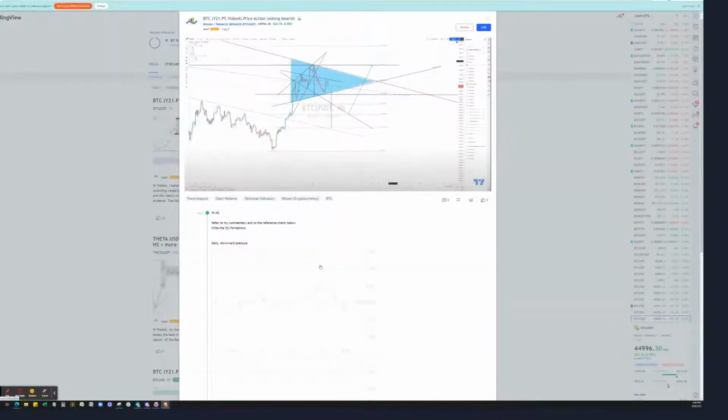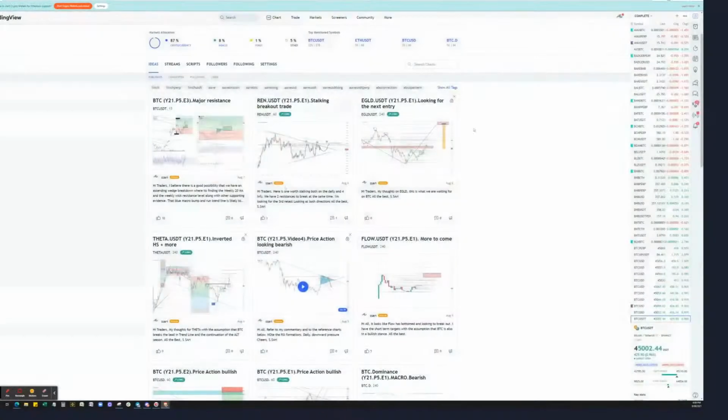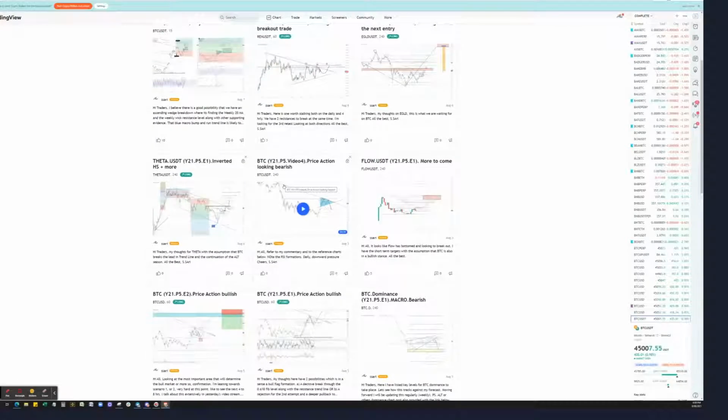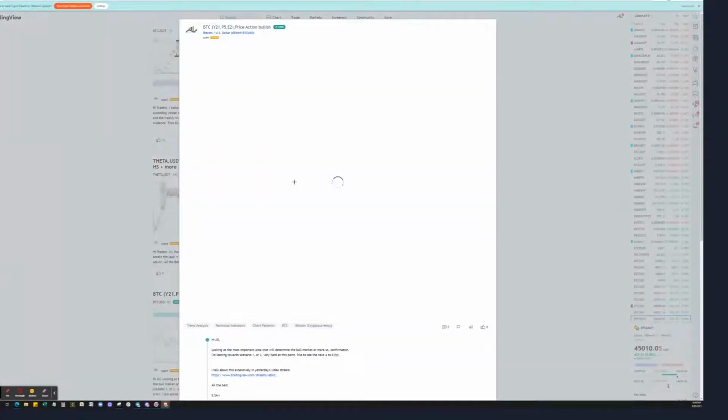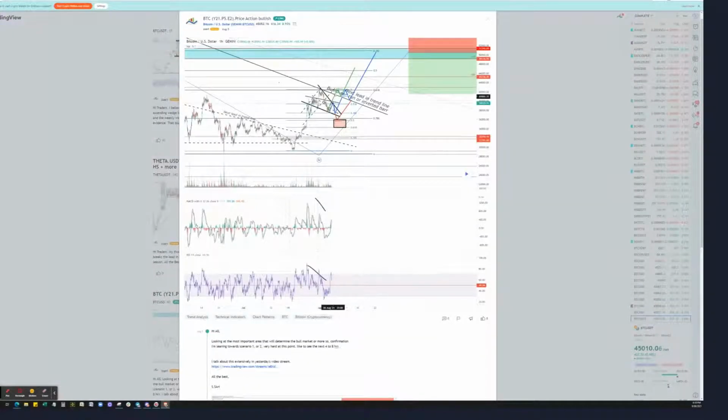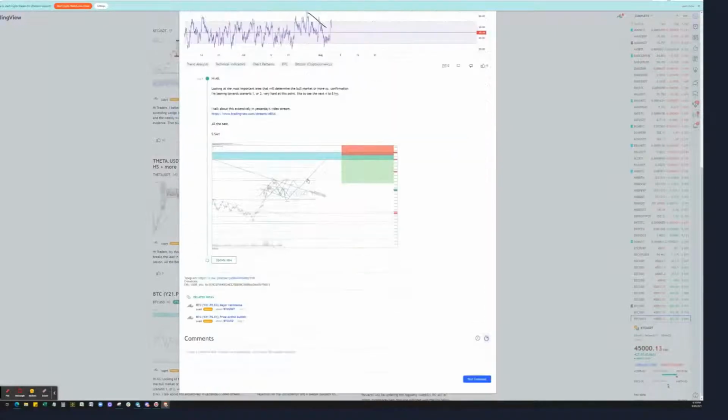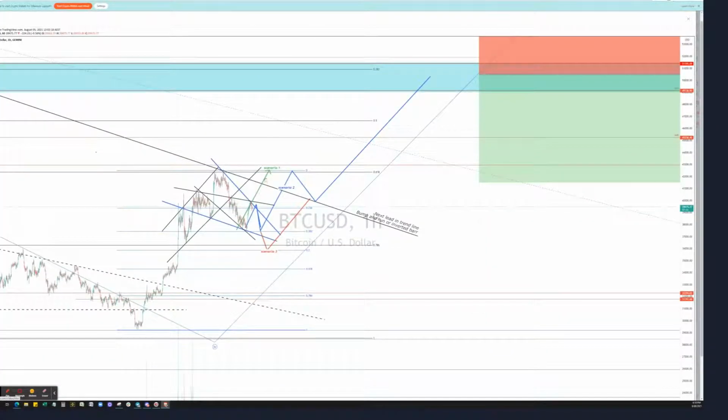I think I gave the 3 scenarios. Oh, no, that's a bit earlier. Did I delete it? Must have deleted it. Yeah, here it is. So this was the earlier one, and I preferred to go. So this is the bump and run strategy I was talking about. Yep, and scenario 2 played out except for this part here. So scenario 2, if I play that forward,